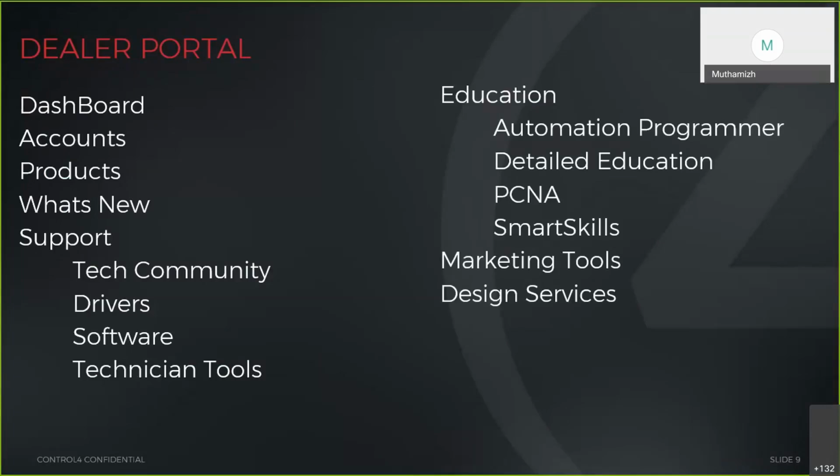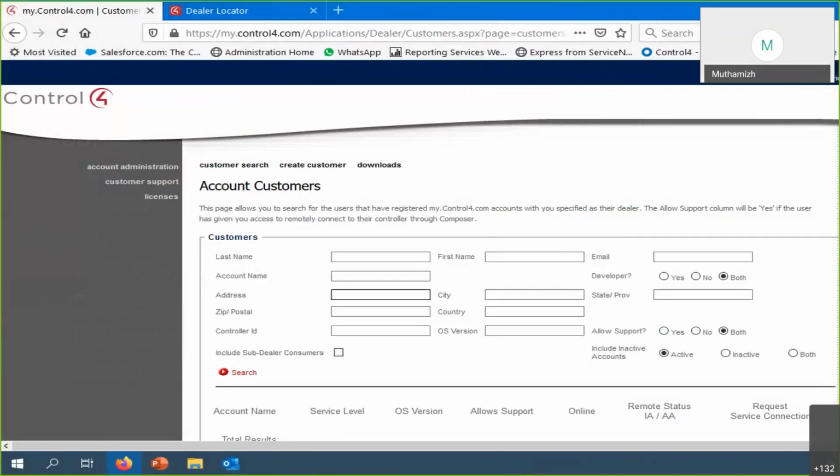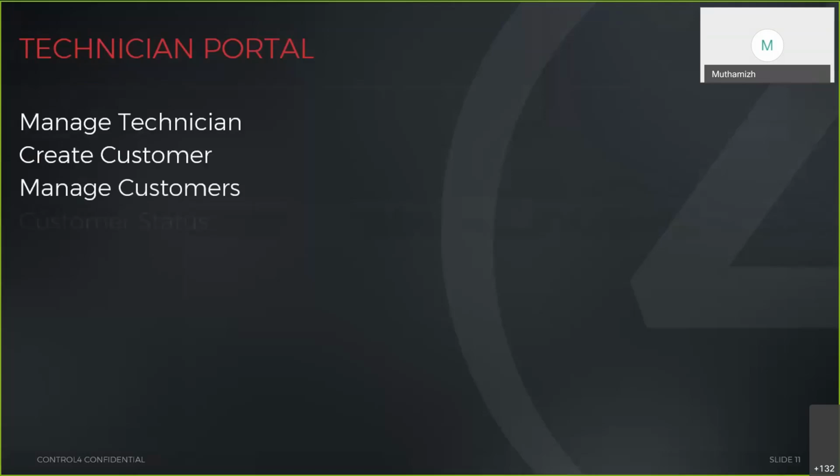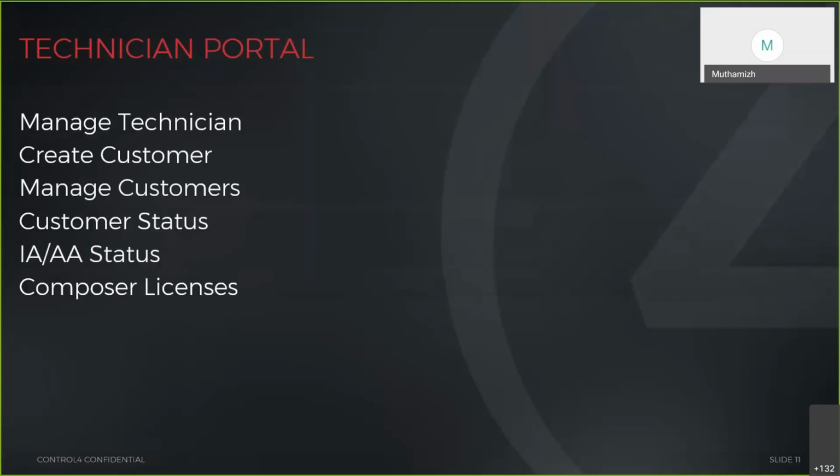Right. So now the next portal is my.control4.com. This is called the technician portal, because this is where you will be managing your entire customers. What you will mainly be checking in the technician portal is that you can add and create your customer. If you have seen our previous session in Composer, I showed how to create and register the customer. In case for some reason you are not able to do it, or you see some error from there,